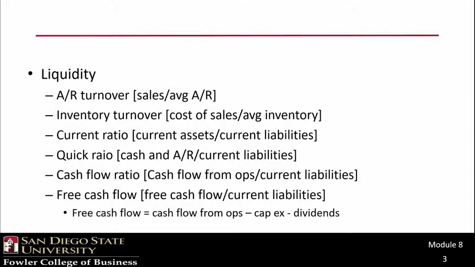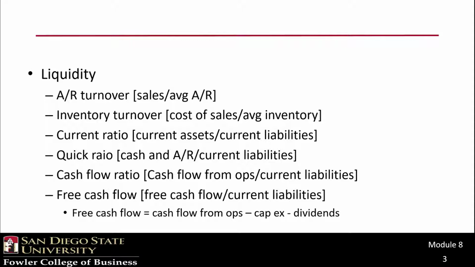Accounts receivable turnover, which is sales divided by average accounts receivable. Inventory turnover, which is cost of sales divided by average inventory. The current ratio, which is current assets over current liabilities, which speaks to a firm's ability to cover its current liabilities. But then even tighter is the quick ratio, a little typo in there, which is only cash and AR